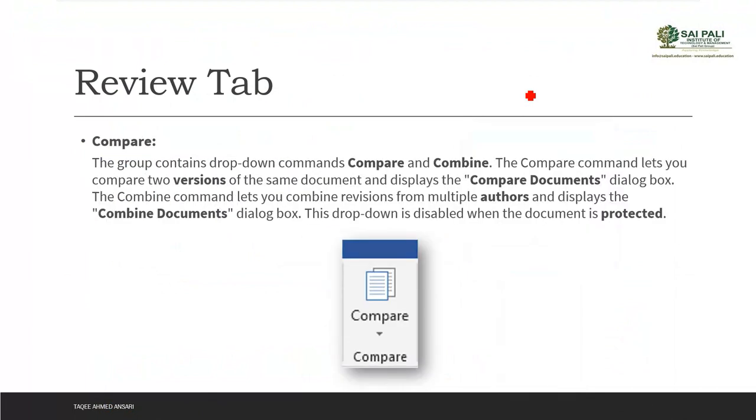Now the next group is the compare group. Now suppose I have not enabled the tracking option. I just made changes. Suppose I have the original document and I send it to someone, and he also changed that document. So now we have two versions of the document. Maybe you have multiple versions, as some other people also changed it. So now you can have two, three versions of the same document that has been changed. Like I am the author, I write something, but other people feel it is not right, so they have changed something else, and maybe other people can change something else.